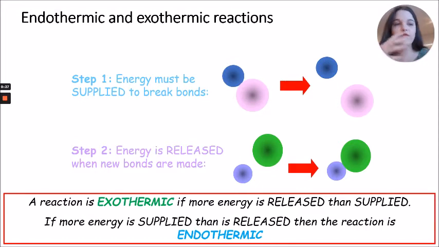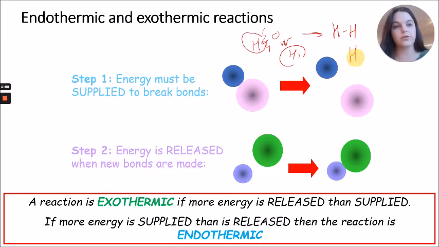Okay, so the first concept we're going to look at is that in order to break a bond between two particles, for example, if I've got a water particle, H2O, and I want to break the bond between hydrogen and oxygen, that requires energy. So energy must be supplied to break bonds. On the other hand, when we reform new bonds, so maybe we break these bonds and then the hydrogen and the hydrogen bond together to form hydrogen gas, when we make that new bond,